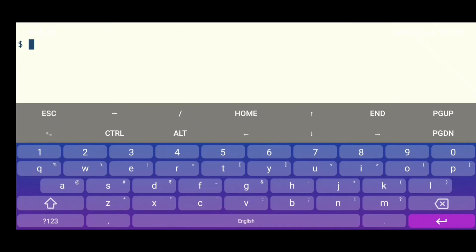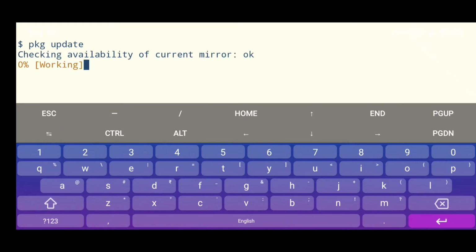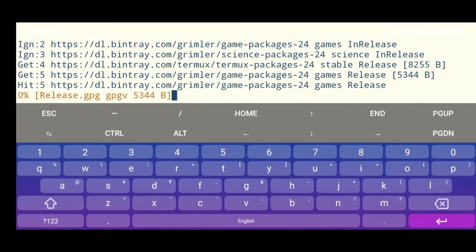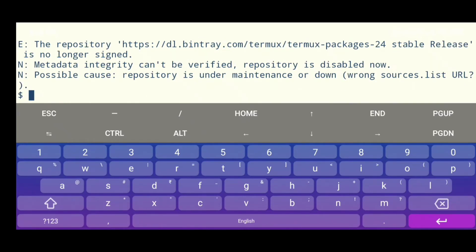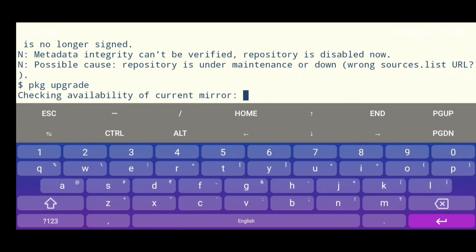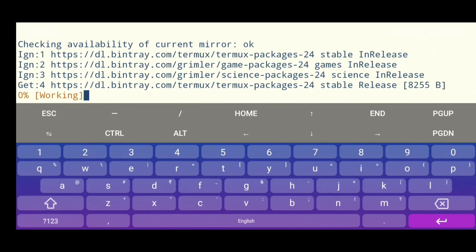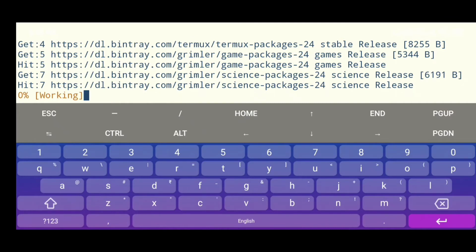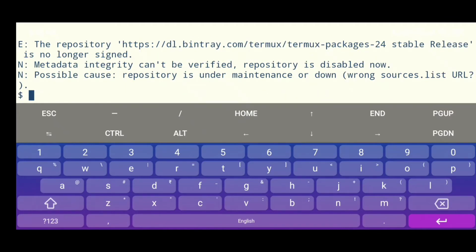First of all, update your package using command pkg update and hit the enter button. This command will check for any package update in Termux app. If any package has an update, then update it first. After that, type the command pkg upgrade and hit the enter button. This will check for the upgrade of any package in the Termux app. Let it be complete. So now all the packages are updated. You are ready to go on now.